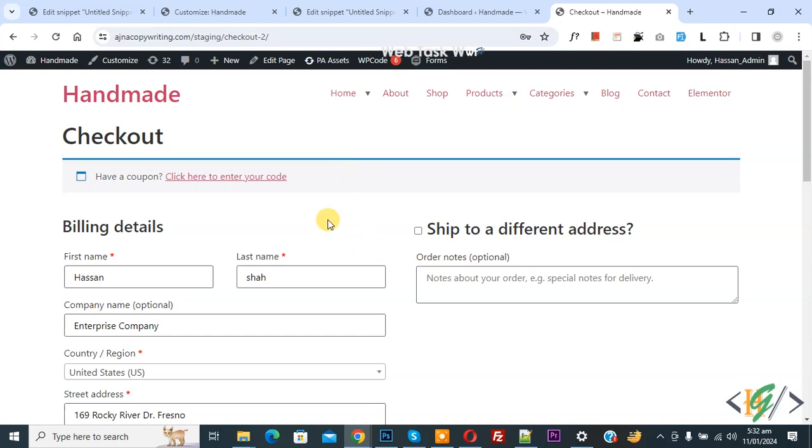Bismillahirrahmanirrahim. Assalamualaikum. My name is Hassan and today we are going to display field in email using custom code in